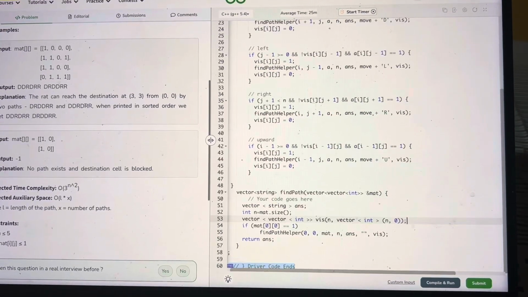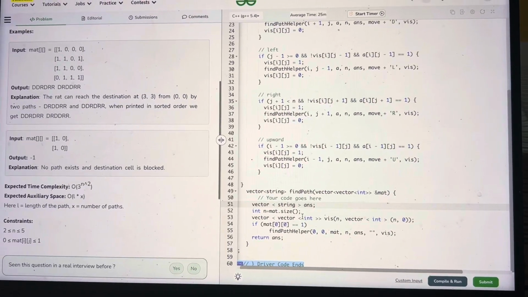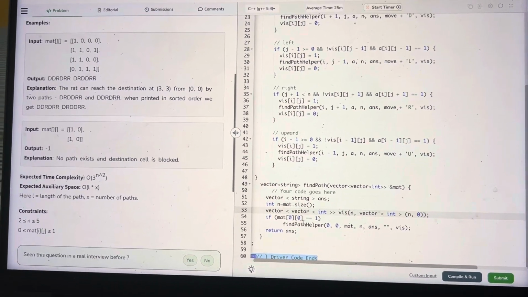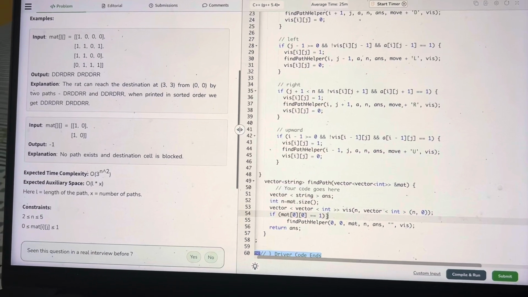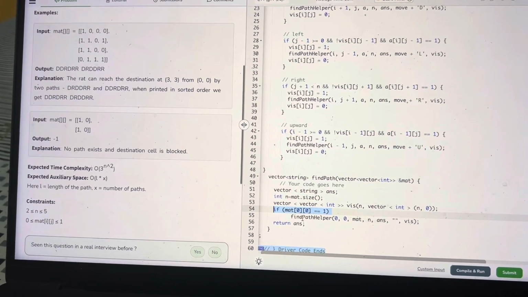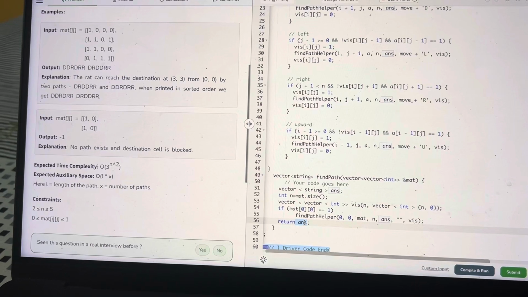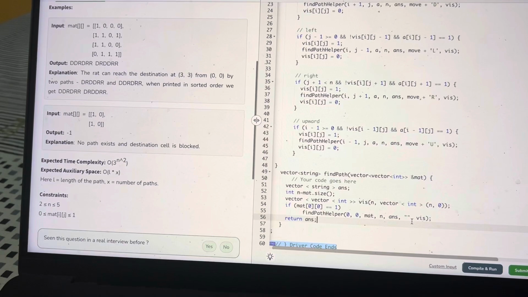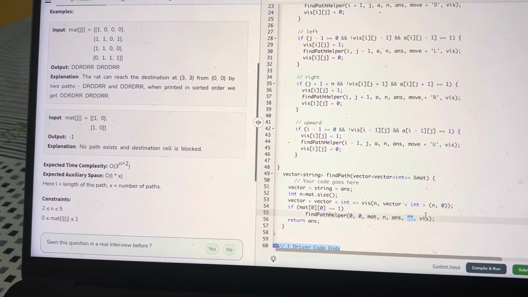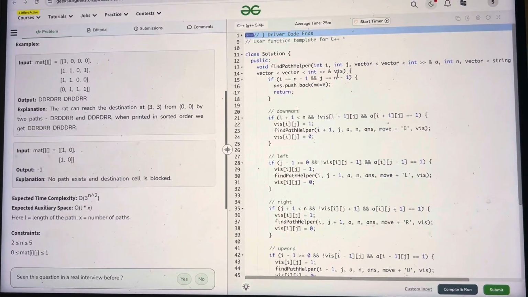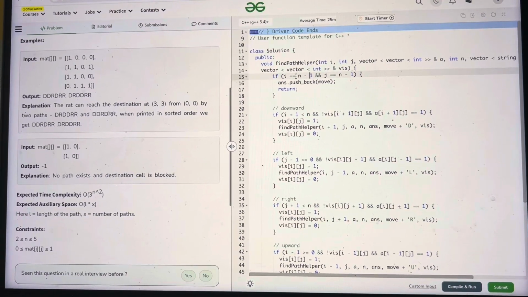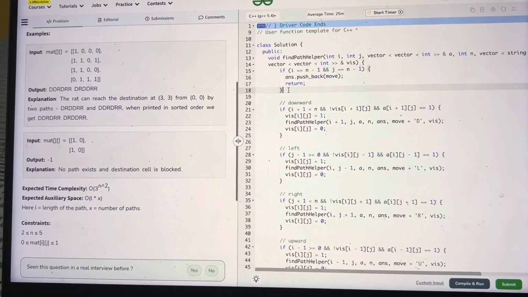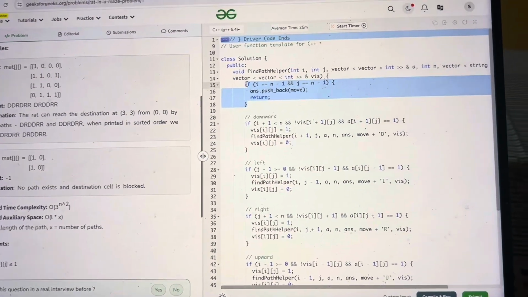So we define this answer, and we have the size, and we define this visited array. And then, okay, this condition is important, if it is 1 then only we'll be traveling, okay, and then we will return the answer. If we don't get the answer it would be an empty string. Okay, so we call this, we pass the empty string here, and then here you can see we check the base case. If it has reached